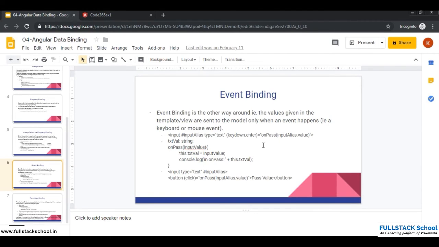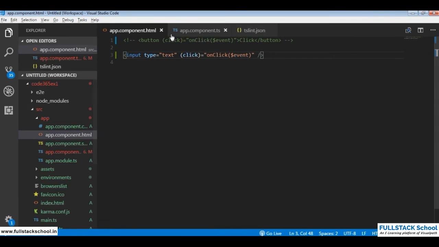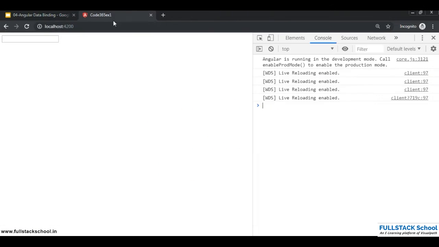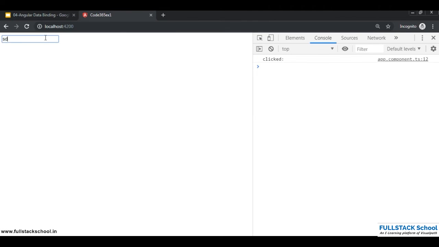So till now we saw different types of binding like string interpolation, property binding, and recently we saw event binding. All these are one-way data binding, either from TypeScript to HTML or from HTML to TypeScript. But we also have two-way data binding. Like, to continue with the last example wherein we had this text box, while typing we can see the result coming on the console. I type something and I click again, I get that on the console. Instead of having this on the console, I can have the same coming on the DOM.